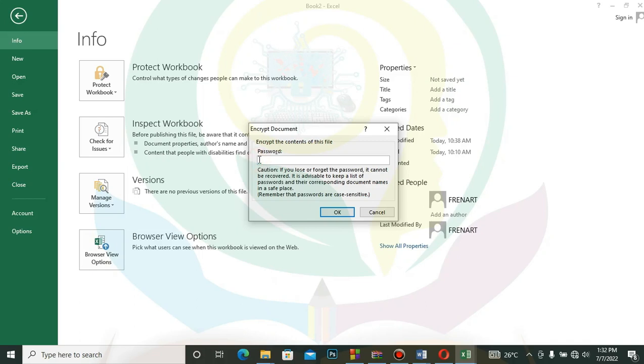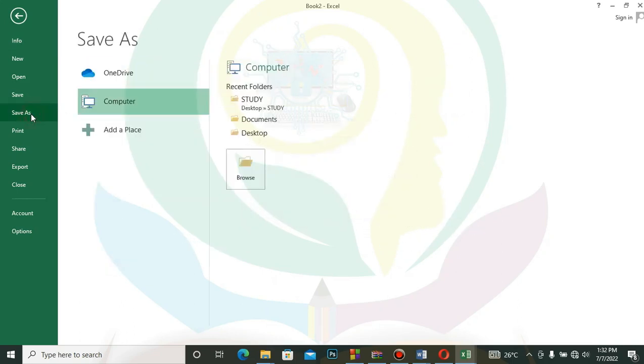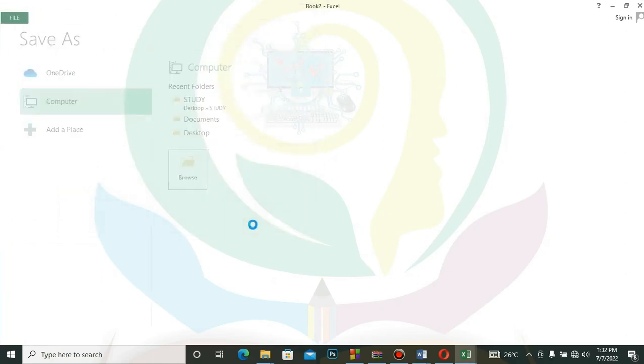I'm just putting a password of 1, 2, 3. Then when I click on OK, it will ask me to retype the same password again. 1, 2, 3. Then I will click on OK. So if I save this work, let me just save it. It's supposed to be under studies. Save it as workbook 2. So when I click on OK, this work,